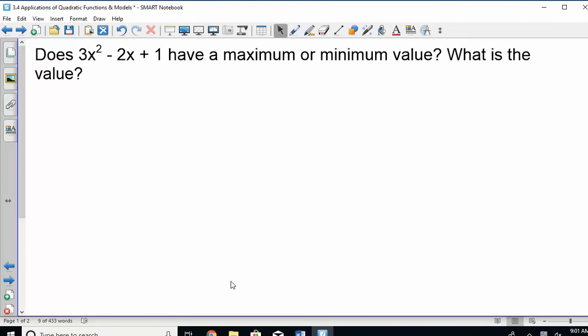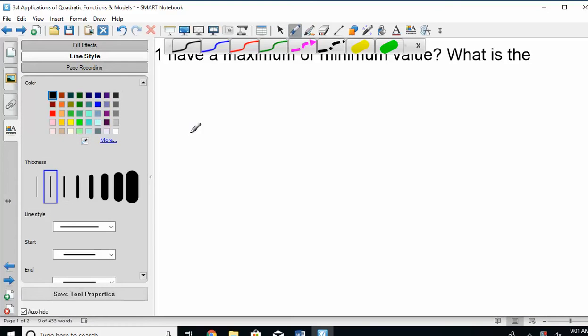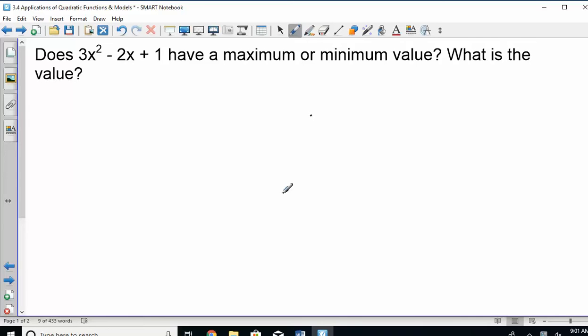Let's start with going back to things that we have talked about before. If you look at a quadratic, how do you know if it has a maximum or minimum? Right. Look at the first number. If it's positive, it opens up and has a minimum. If it's negative, it opens down and has a maximum. So this one has a